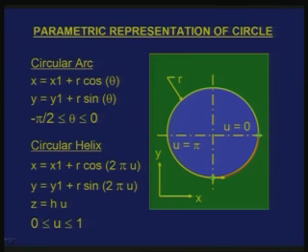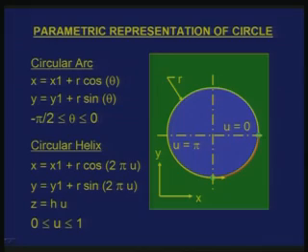I can also get a different type of helix if I have a z value which is different from that. For example, it is not necessary that you always use a circular helix as a curve. Sometimes I may use a helix where, as u changes, the radius is continuously decreasing or increasing. So, I can also represent that simply by modifying this particular equation. So, this is an example of a known standard space curve which is shown here.